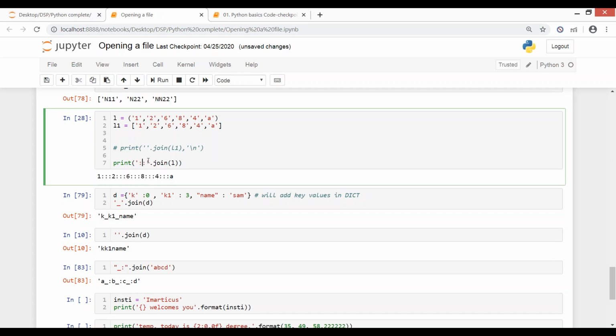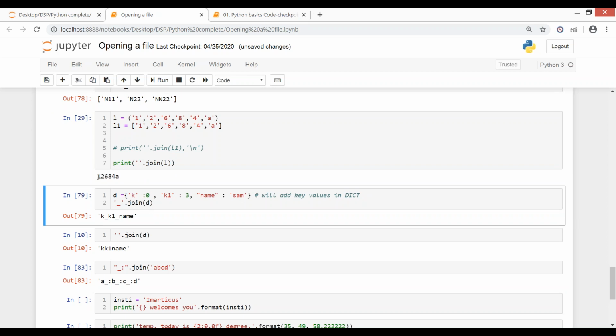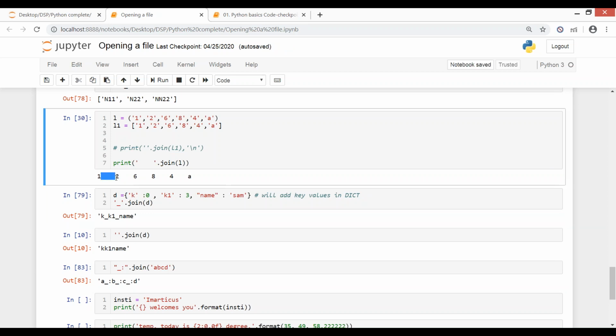This can be anything, it's not mandatory. If you want all the values together without any space, you can write it this way as well. You see, now all values are written together even without a space, because I haven't given any space here. If you give this many spaces here, then this will be the criteria for joining the values. You can use anything here.